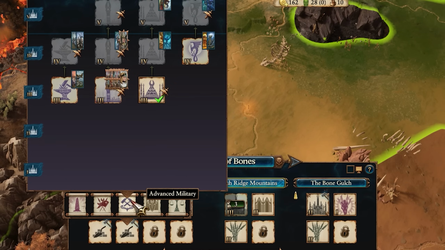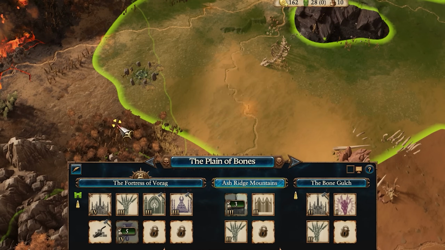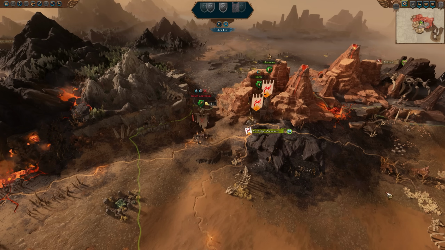Now here at turn 37, we've reached tier 4 settlement and we can finally construct our dragony building. So a few turns on, the time has finally come. We can recruit some dragons. I can only get 2 at a time, but that's just enough to get 2 before we get attacked by